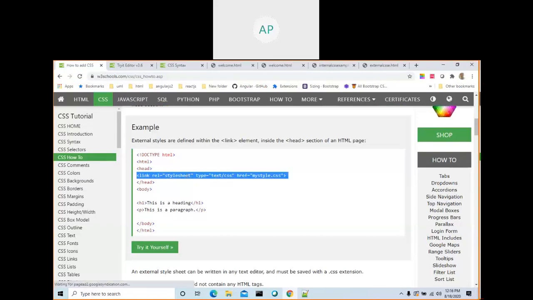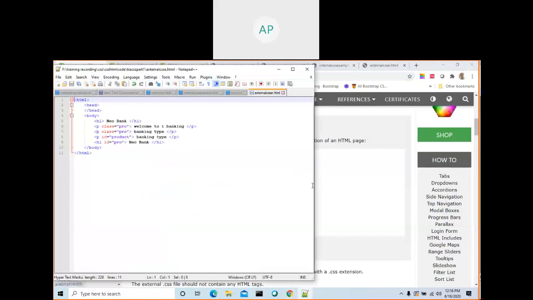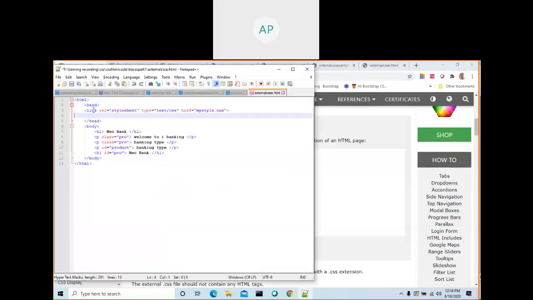Control C. Go here, inside head, Control V. So link rel stylesheet, type text slash css. What is my CSS file name? My dot css.